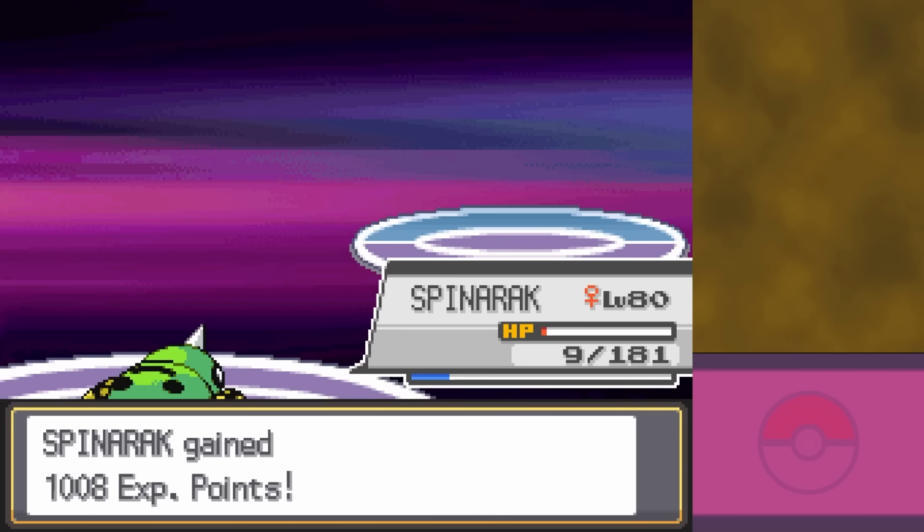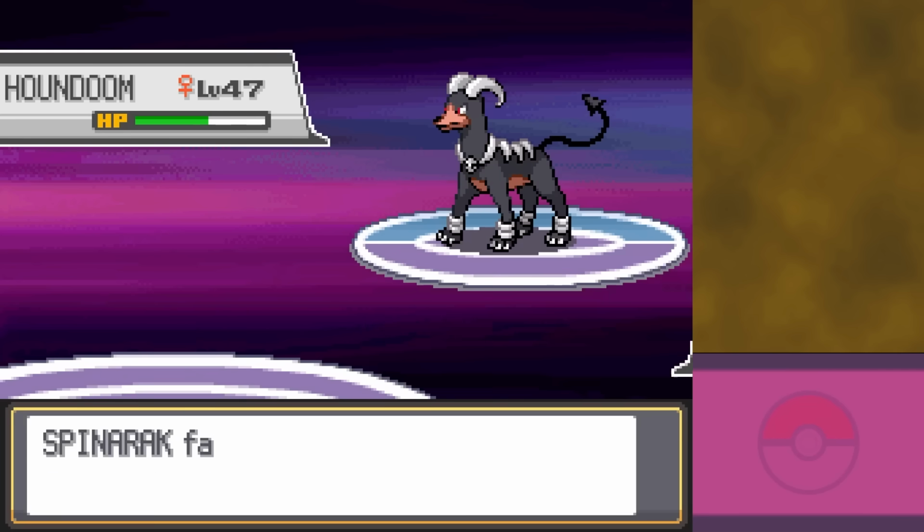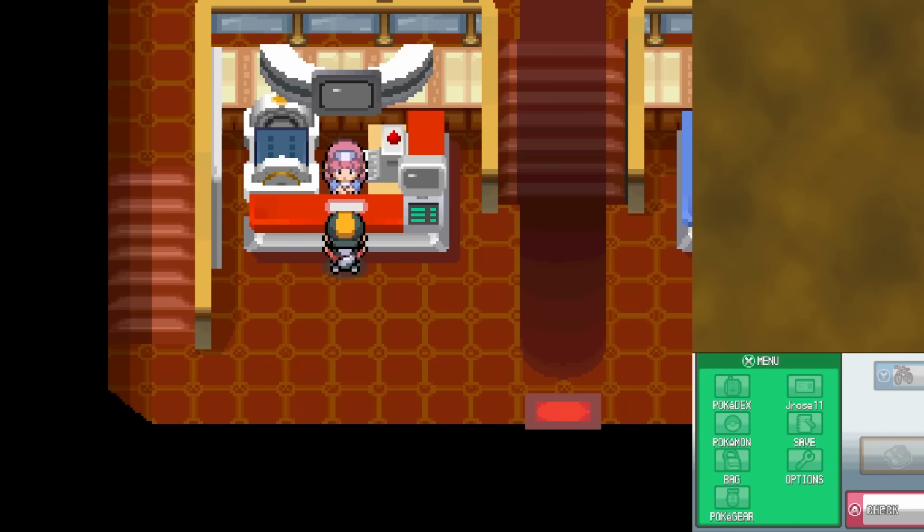I mean, at the end of the day, Houndoom's going to outspeed. I went for Sucker Punch. It actually does pretty decent, almost half, but even a crit wouldn't have knocked out Houndoom, and yeah, we just need 109 speed. After a few more runs through the Elite Four, including one more that made it to Karen,